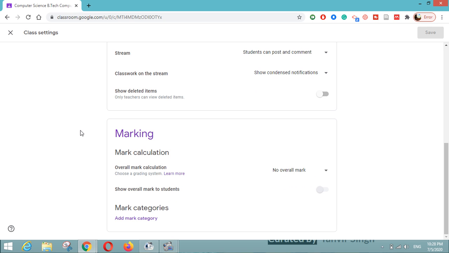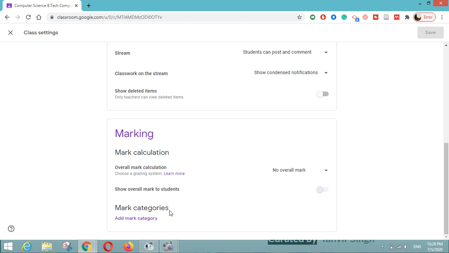Here you can see an option of overall mark calculation, where you have to choose a grading system. Three options are available in Google Classroom: no overall mark, which means you don't want students to see overall marks; the second is total points; and the third is weighted by category. We will see how all of these work.